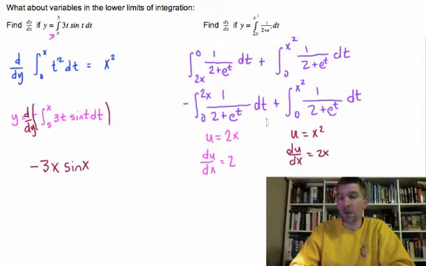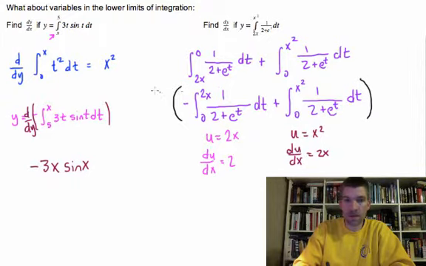And really, that's all we're going to do. The t becomes the 2x, and we multiply the whole thing by 2. And the t becomes x squared, and we multiply the whole thing by 2x. So what does this last one look like then? Well, I'm going to take the derivative of this whole thing, d dy,